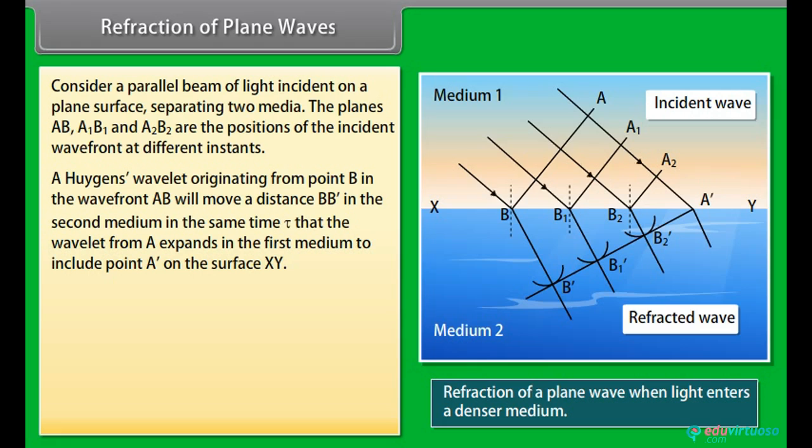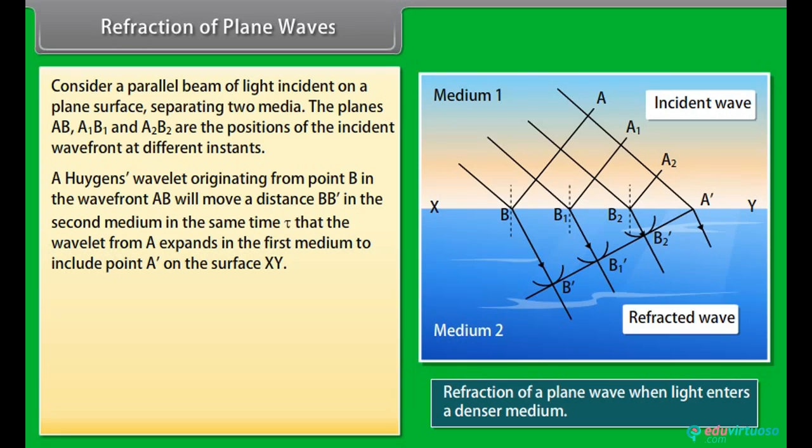A Huygens wavelet originating from point B in the wavefront AB will move a distance BB' in the second medium in the same time that the wavelet from A expands in the first medium to include point A' on the surface XY. Since the two wavelets with radii AA' and BB' are not in the same medium, they move